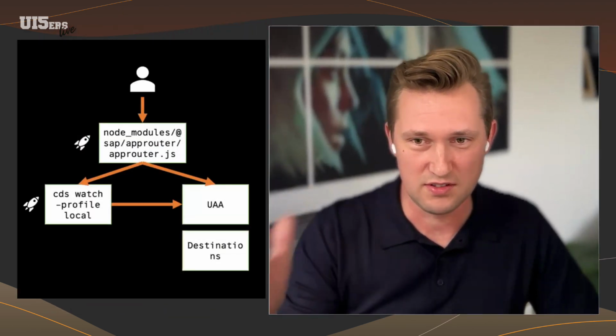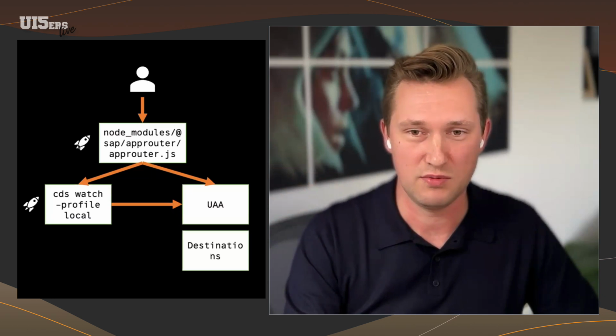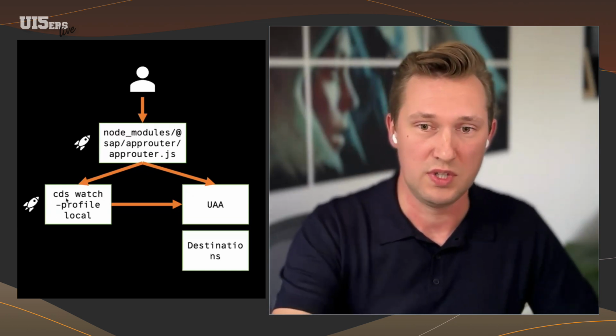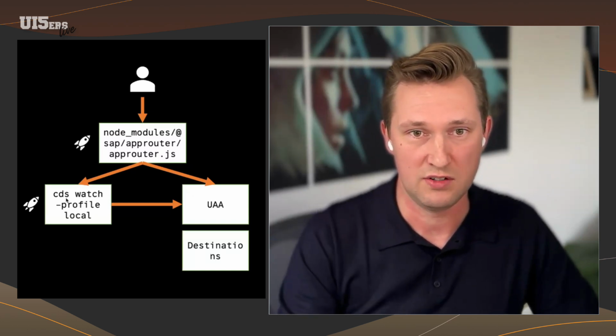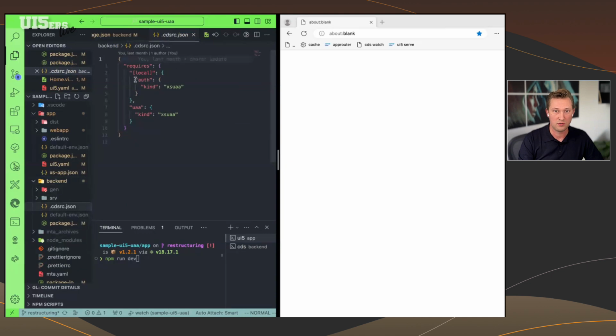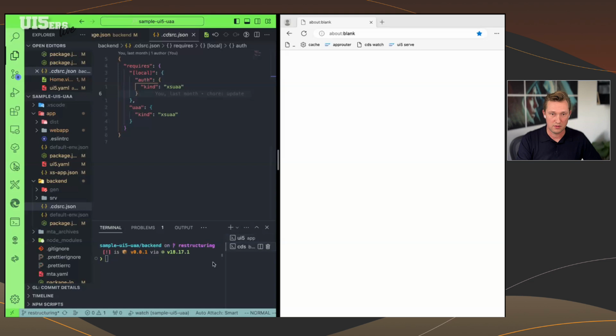So this is the schematic of how it looks. When we're developing, we're starting two services. We start the app router manually, and then we also load the backend using cds watch with a profile local. Let me just show you this scenario. In the profile local, we set it up to explicitly use the XSUAA, and we're not going to use mock authentication with CAP. So when we run the backend,